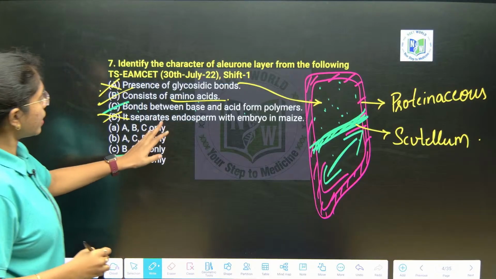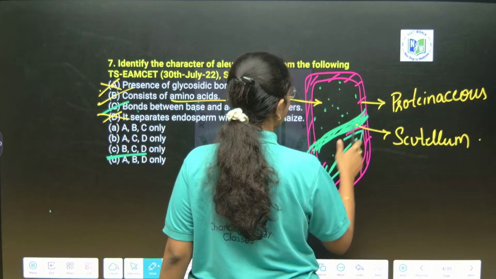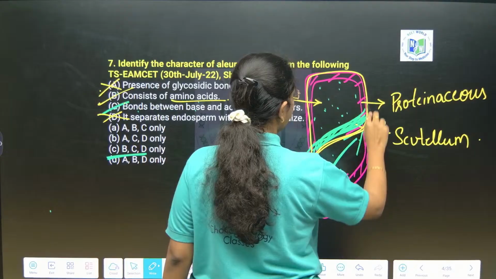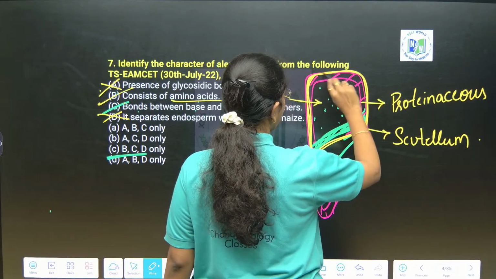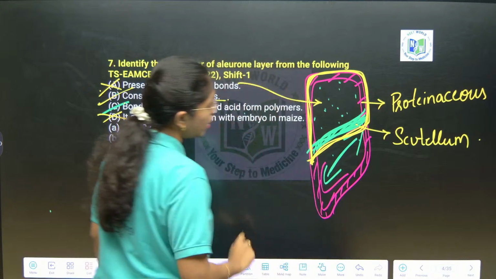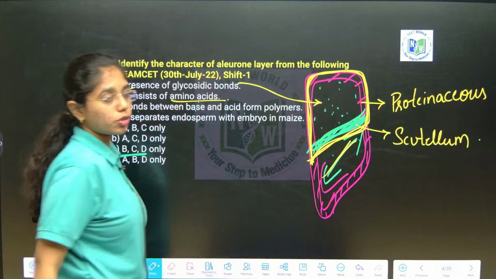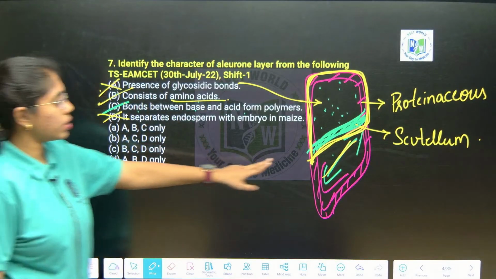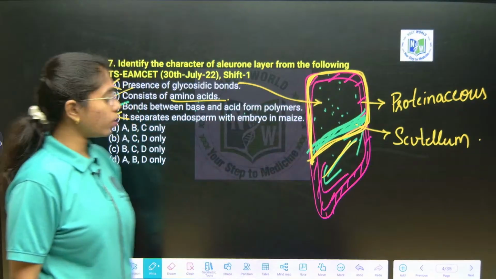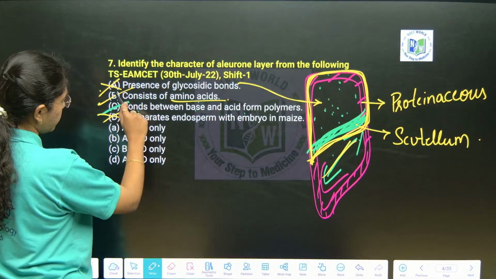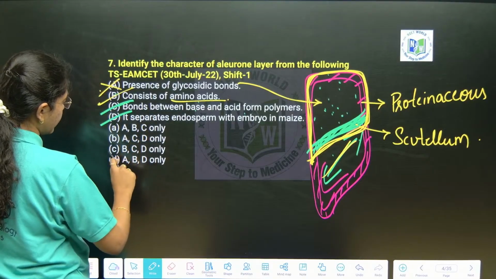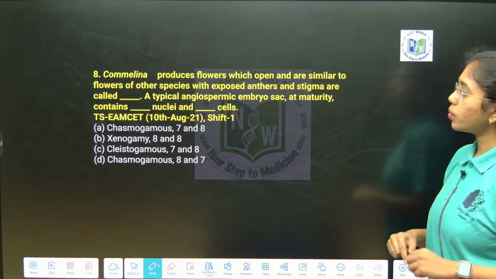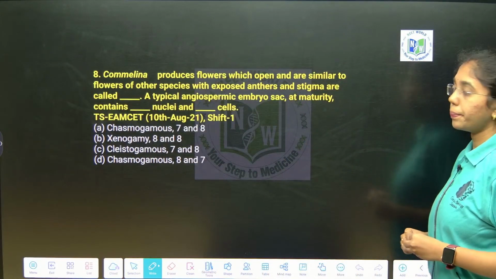So, here if you see it carefully, as aleurone layer is the outermost layer of this endosperm, this is the thinner layer, right? This also you can consider as a layer which is separating the embryo and the embryonal axis and the endosperm. Scutellum and aleurone layer, both you can consider. So here the option is B, C and D. Option C. Next. Look at this question about Commelina,